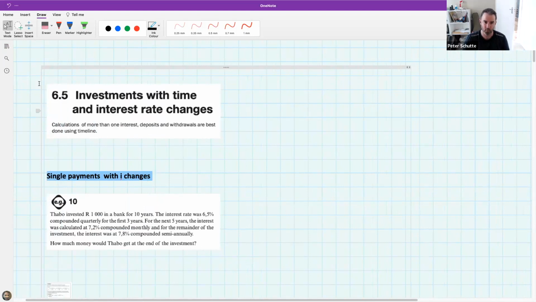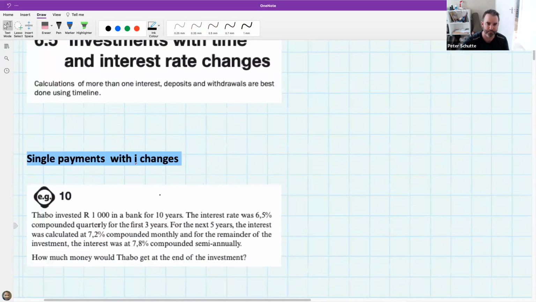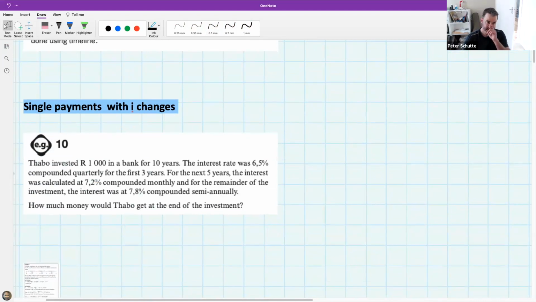So we're dealing with compound interest growth problems where the interest rate can change, where you can add multiple payments or withdrawals. And that sounds a bit intimidating. So let's just start by breaking down one question. So let's have a quick read through one question. So it says,